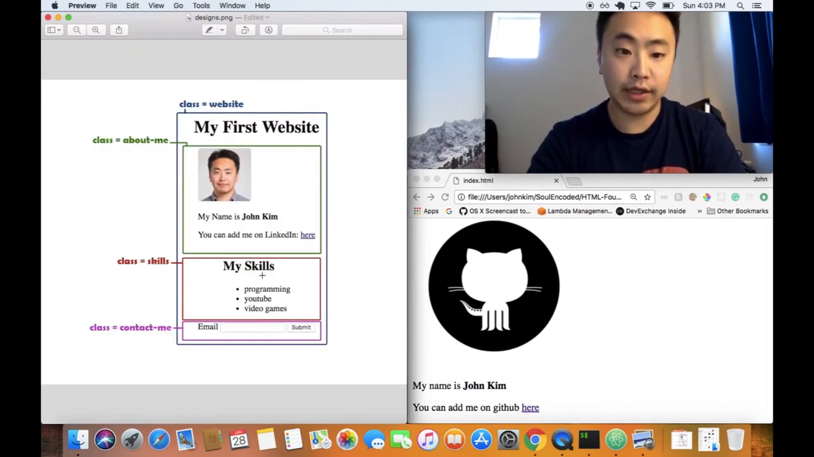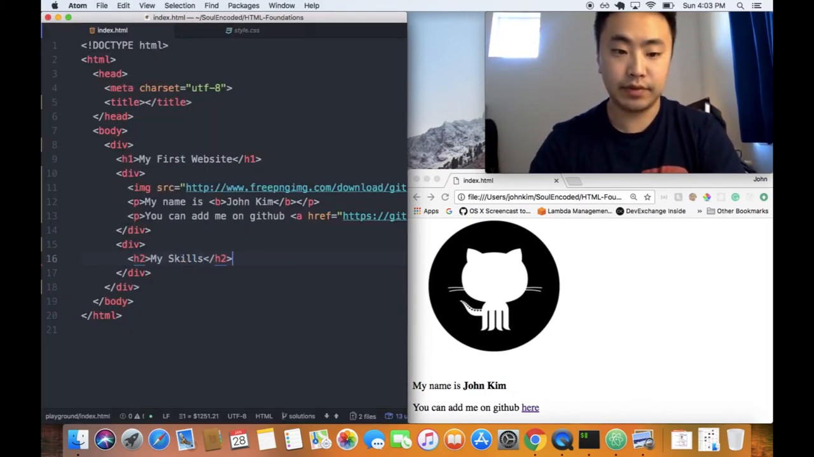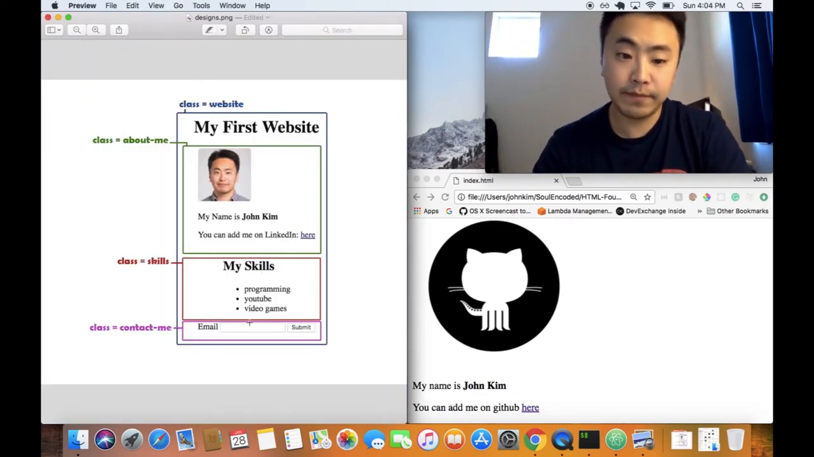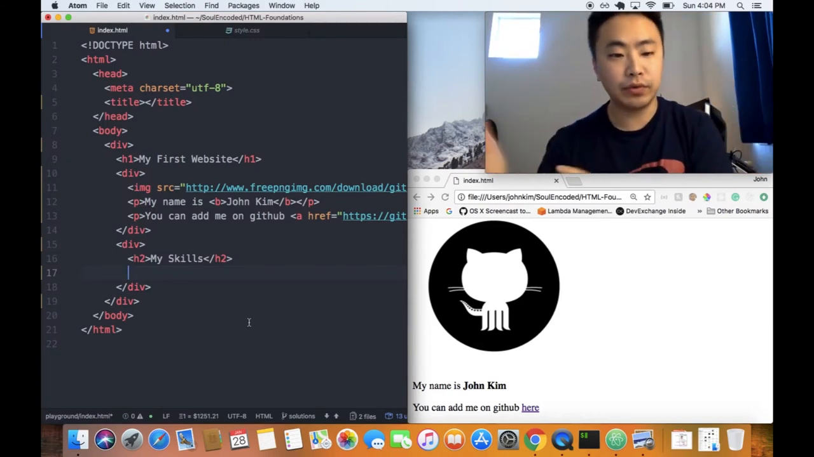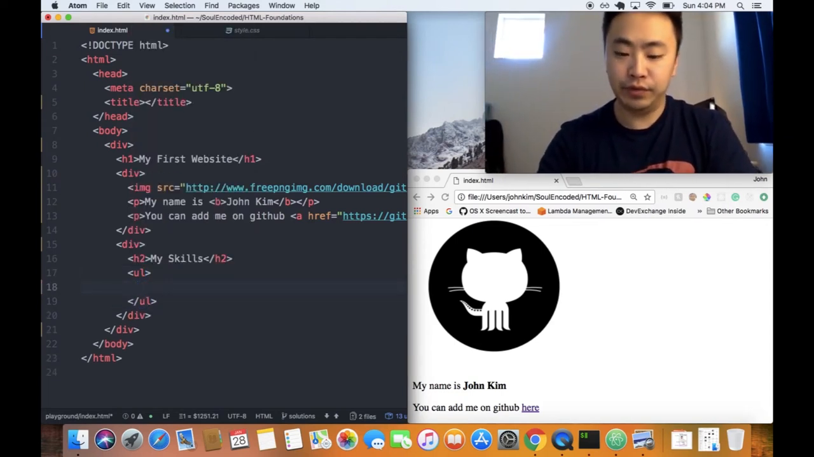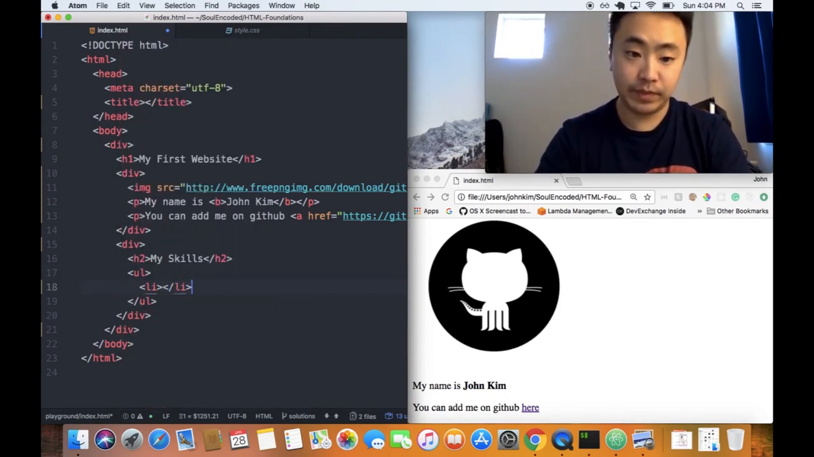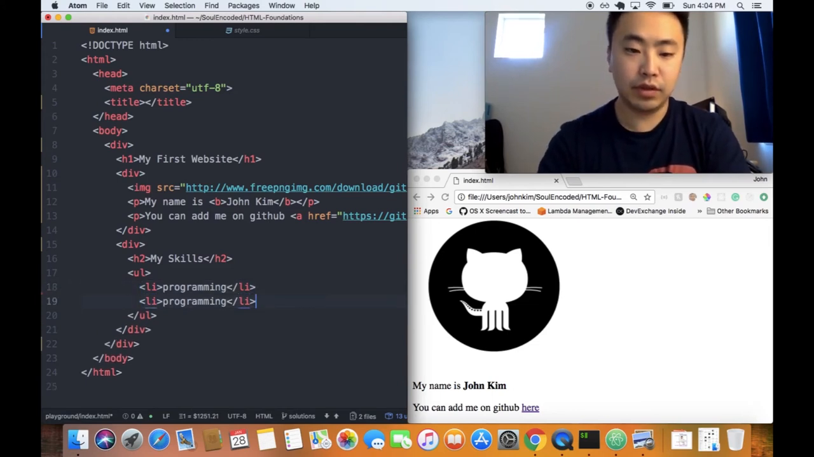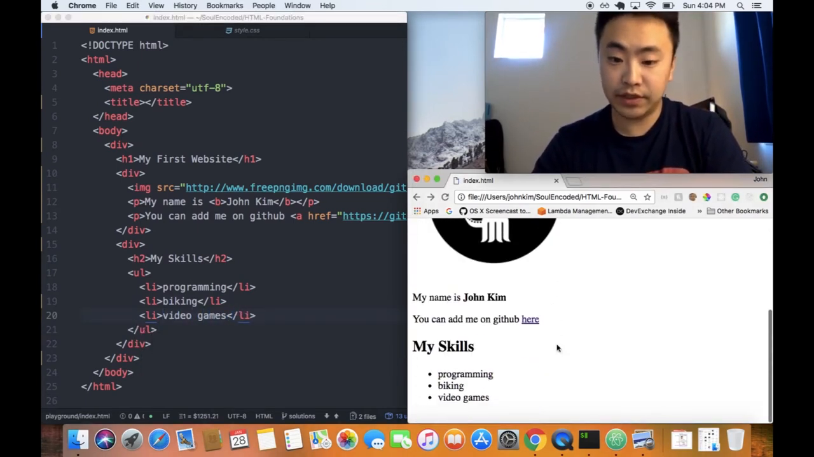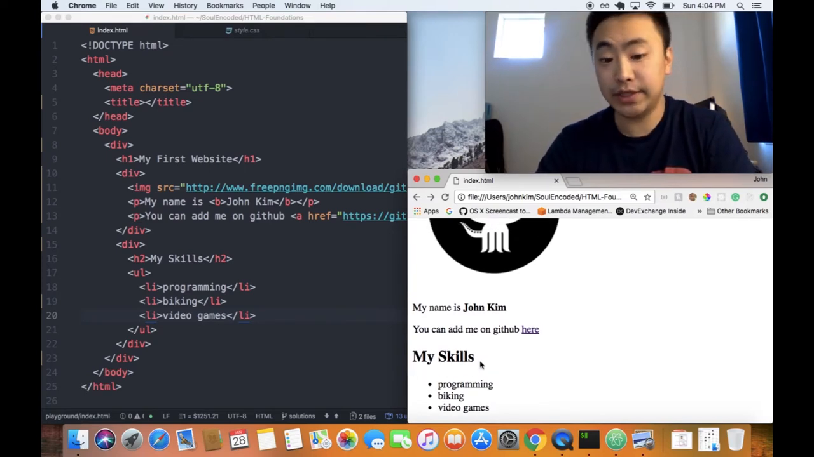And then we'll say my skills, like so. And then down here, it looks like we have an unordered list. Now, if you guys remember, there's ordered list versus unordered list. And for our case, we have an unordered list. And here, let's add a few list items. And we could just say programming. Oops. We could say biking, video games, whatever you want. And come down here, let's refresh the page, and we have just finished the My Skills